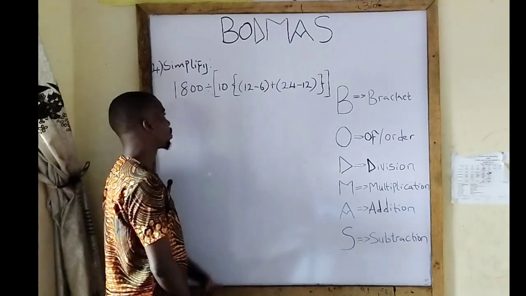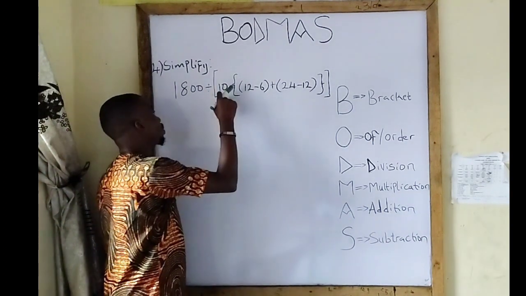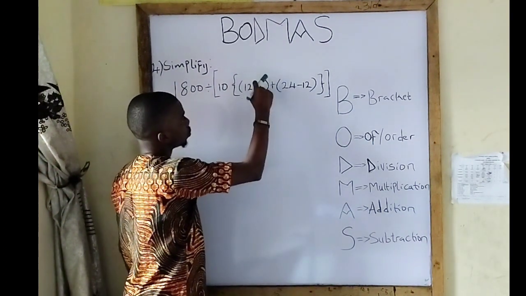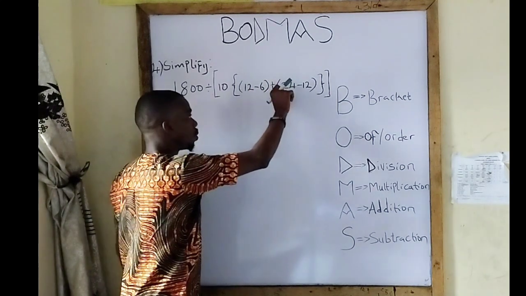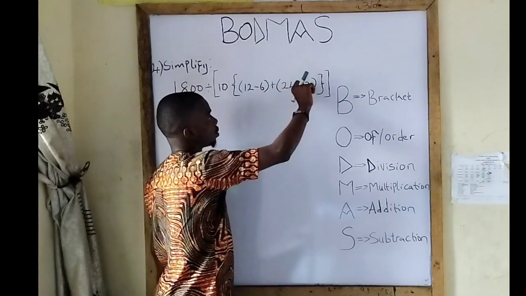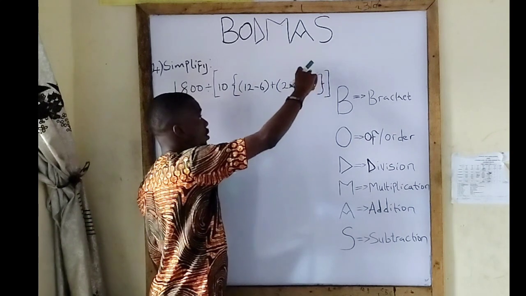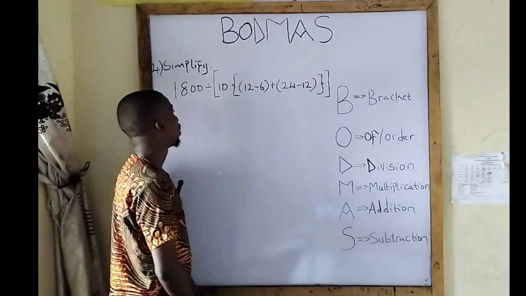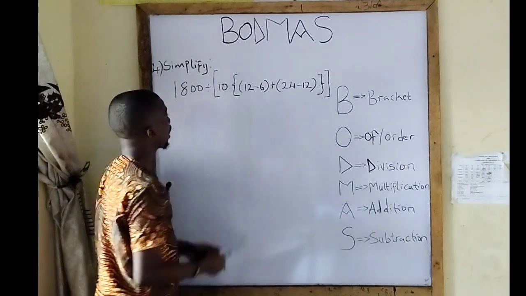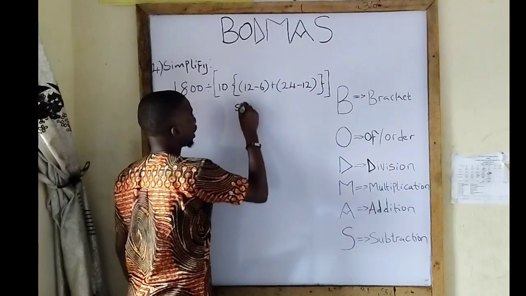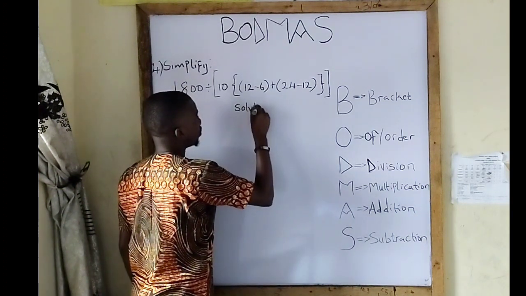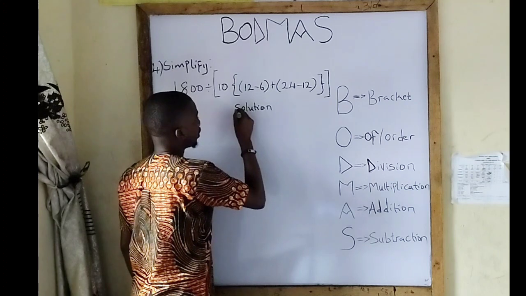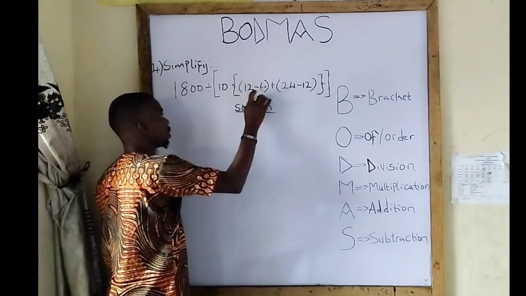Okay, we have the next question here on the board. Simplify 1800 divided by parenthesis open 10, brace open, bracket open, 12 minus 6, bracket close, plus bracket open, 24 minus 12, bracket close, and brace close, parenthesis close. Now we are asked to simplify this, and if you look, we have multiple enclosures in this single mathematical expression,